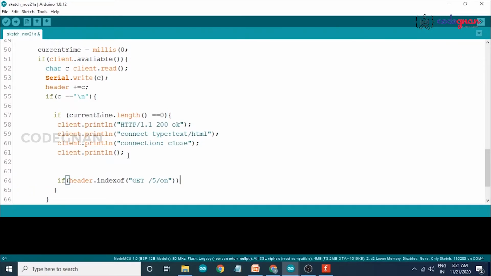So it displays an on header is greater than or equals to 0. Now open our braces.